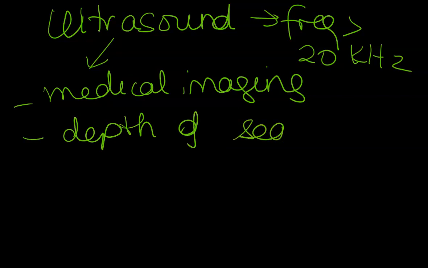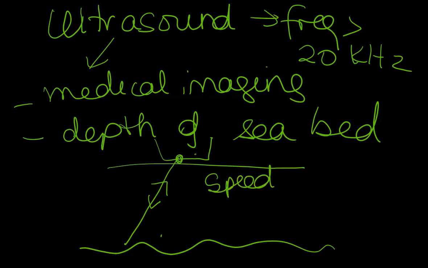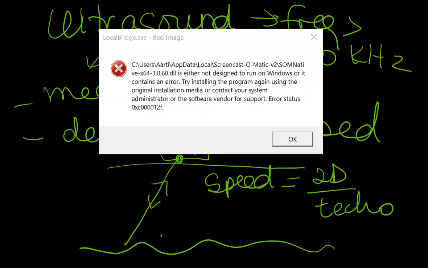In many questions, you have a seabed here, and at the surface of the water, you have a ship. What the ship does is send out an ultrasonic wave, and you then record the time it takes for that wave to be reflected and back at the receiver. Based on that, you know the speed, which is normally around 1500 meters per second, and the distance is the speed times the time for the echo to be received divided by two, and based on that, you can determine